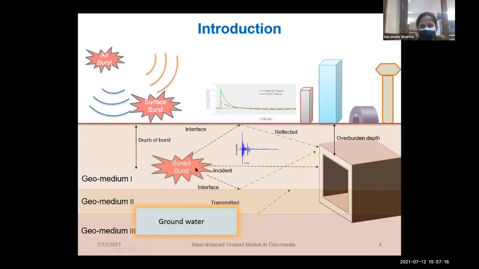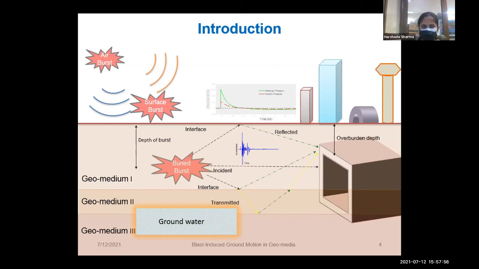When it moves outwards, initially it has incident waves, and when it travels to a certain interface, at that time these waves get reflected, and these reflected and incident pressures are to be considered when the underground blast scenario is there. Also, when the geomedium changes, or if groundwater is also there, in that case also wave reflections may occur, and these wave reflections are to be considered when considering the output parameters in terms of the velocity, acceleration,